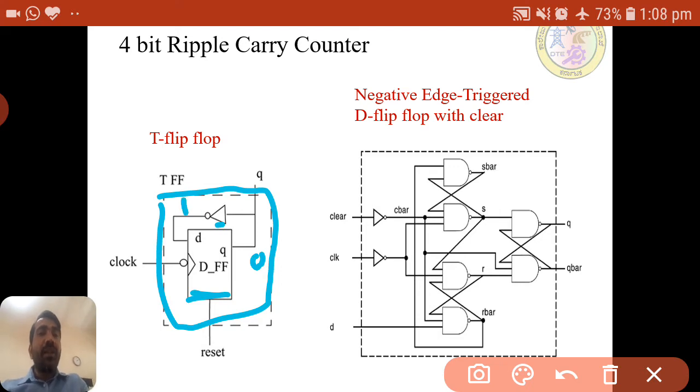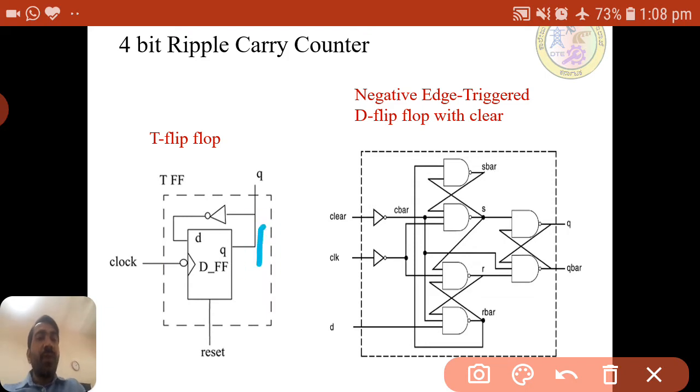Through the NOT gate it will become 1. In the next clock pulse, as the input is 1, the D flip flop output will be 1, meaning earlier it was 0, and in the next clock pulse it is 1. Again, the input becomes 0 and the output becomes 0, and on the next clock pulse it will toggle again.